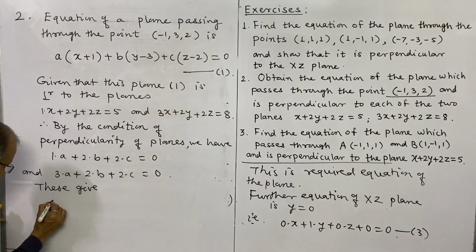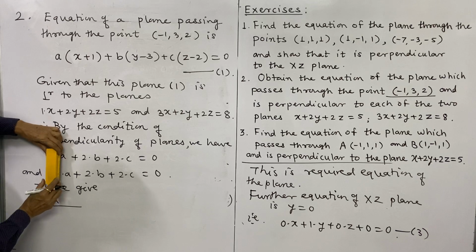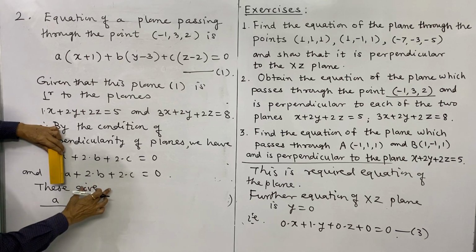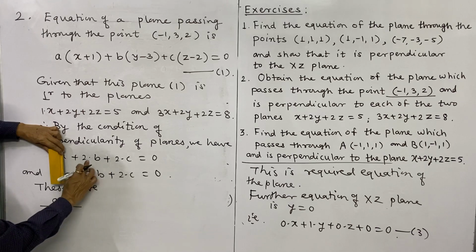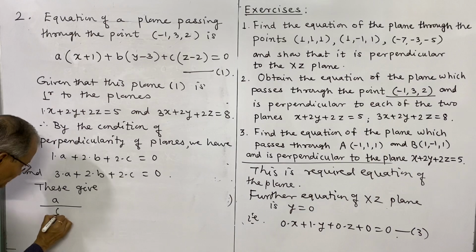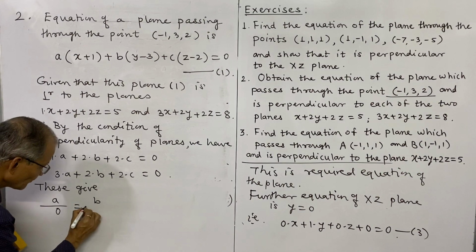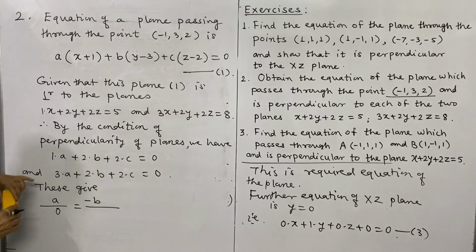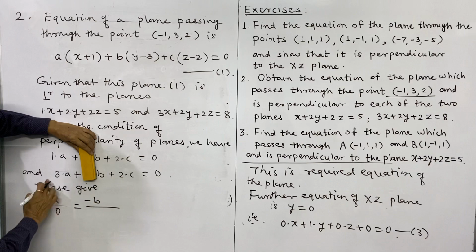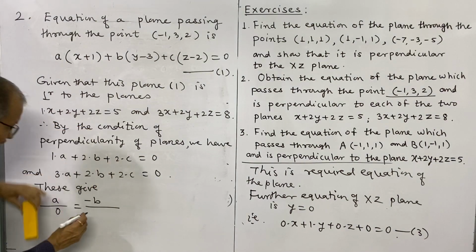So what does this give? A divided by... Now, as earlier, we hide this part and take the determinant of this. Now I shall write the determinant directly. It is 2, 2, 2, and the value is 4 minus 4, 0. What about the second? B, or that is negative B, and it is 1 into 2, that is 2, minus 3 into 2, 6. So 2 minus 6, that is minus 4.